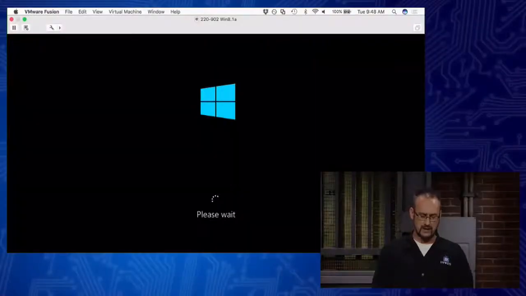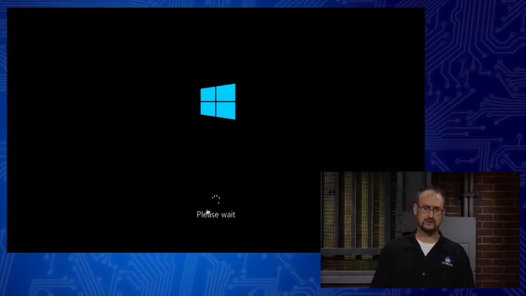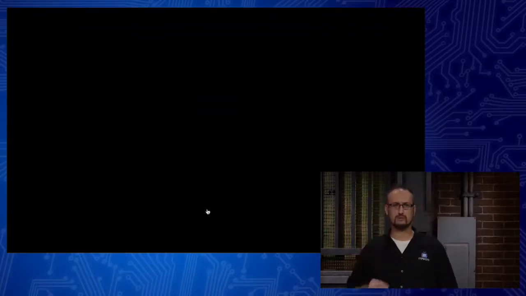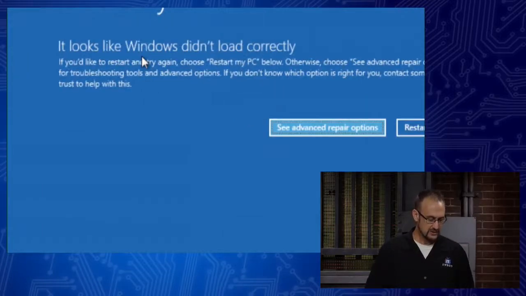again, let's go ahead, and I've tried to create this problem here. If we could show my screen, notice what's happening here. All right, you might get a failure to boot as well, and it might actually boot right into recovery. Let's see if it's actually going to go into its automatic repair. Yep, there we go. So this might be something that ends up happening as well. Let me see if I can pause that. All right. So here is something that can happen.